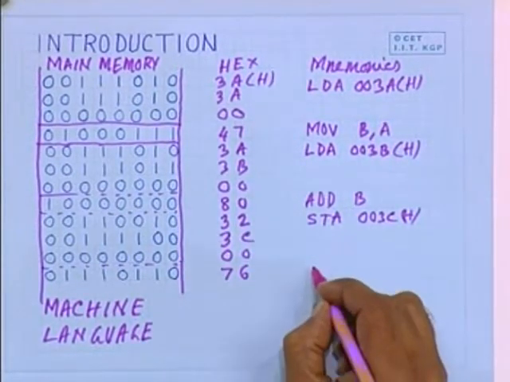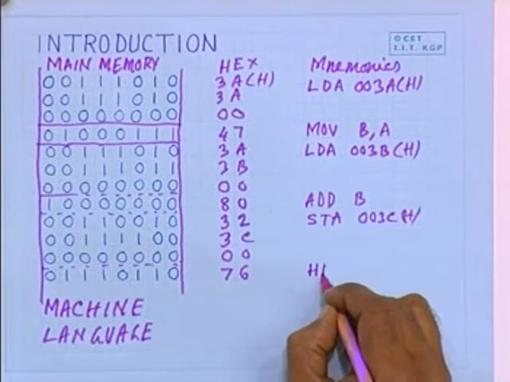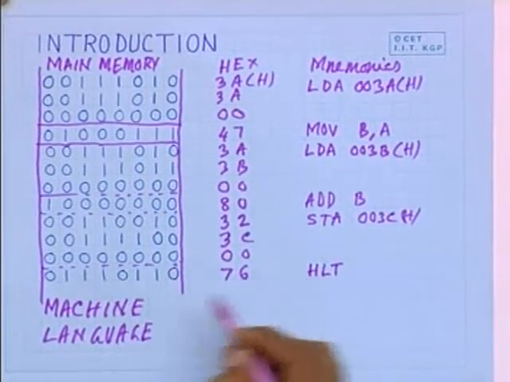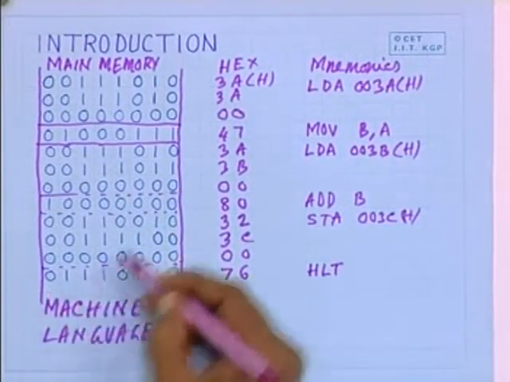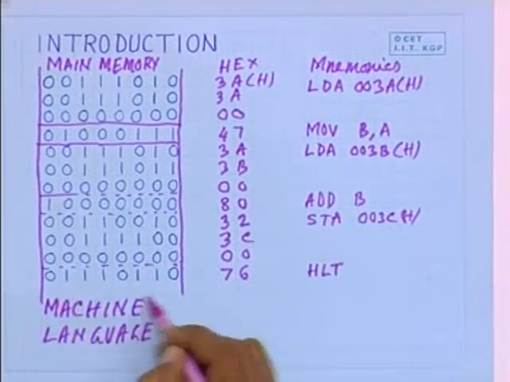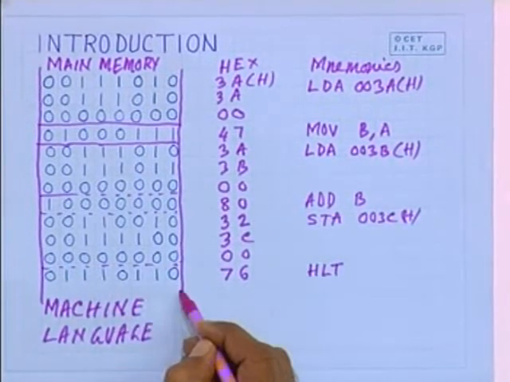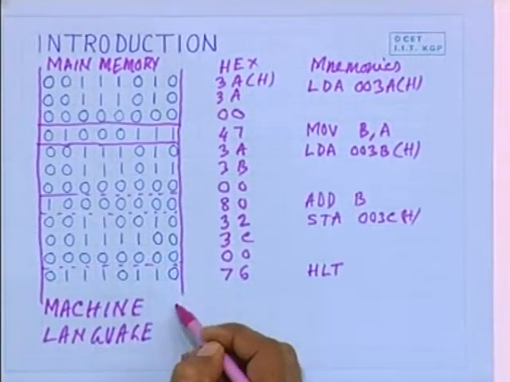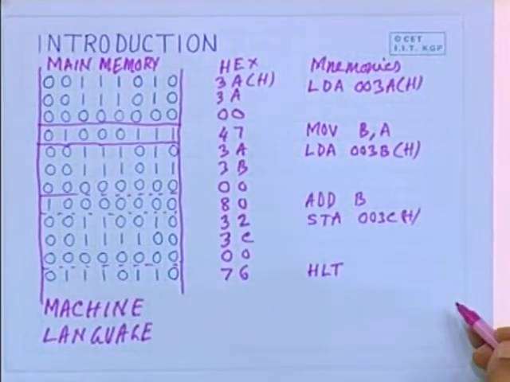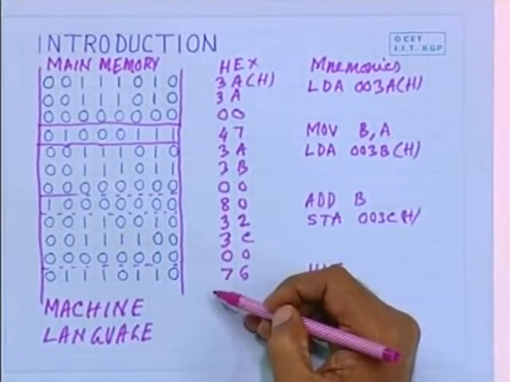Then the last instruction is halt. As we know, this instruction is necessary so that in the consecutive memory locations in this part, where some garbage is there because you have not stored anything, this part is not unnecessarily interpreted as instruction. This is necessary. Now, from this we can see that